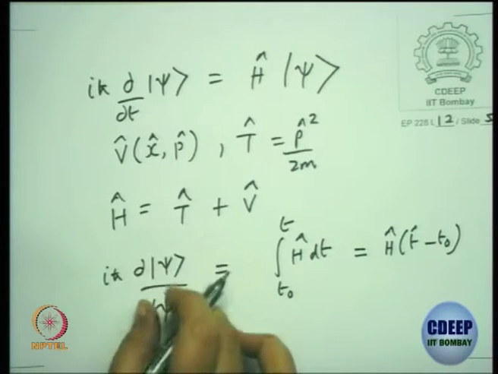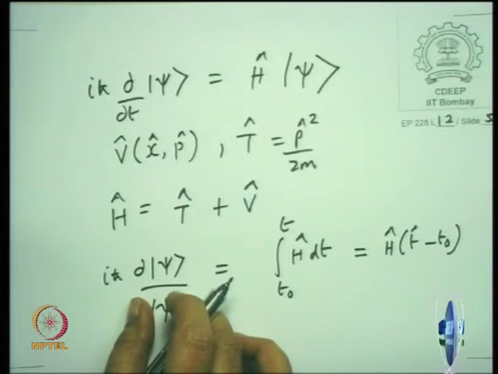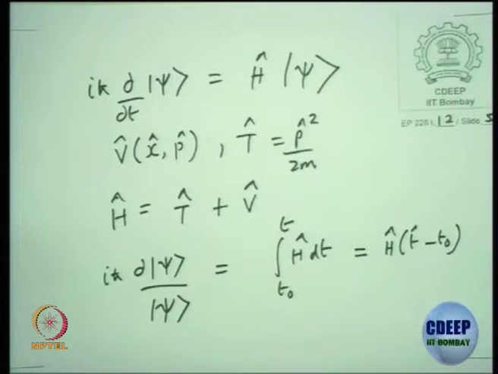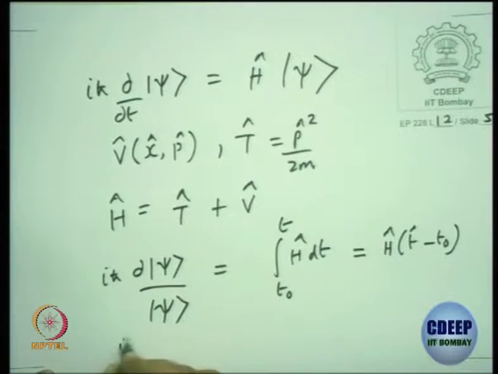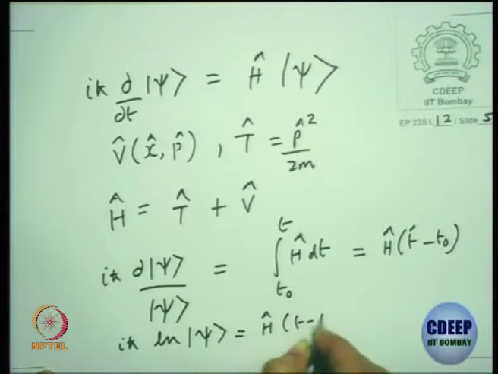What is this? Left hand side? Left hand side is log function of psi. So, i h cross log psi is H hat (t minus t naught),